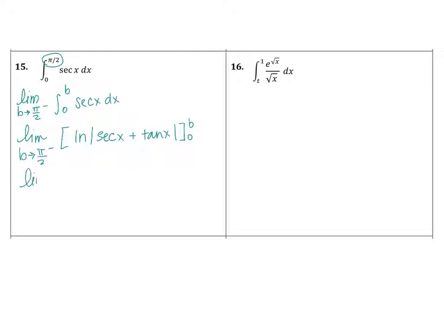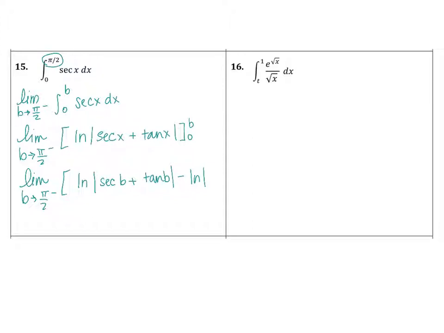So let's come back and do those endpoints. The limit as b approaches pi over 2 from the left of the natural log of the absolute value of secant of b plus tangent of b, and then minus the natural log of